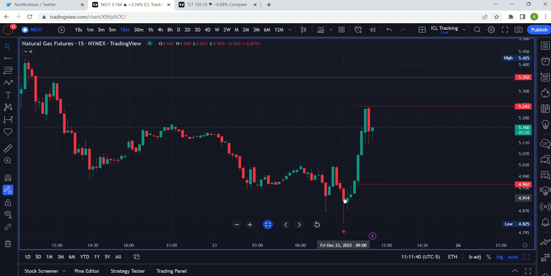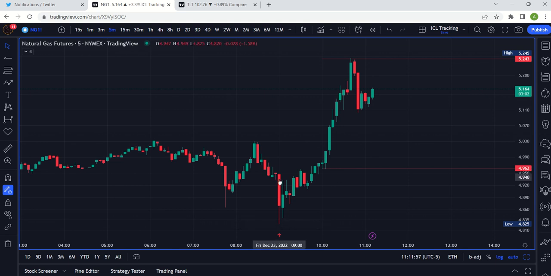I kind of say zooming into lower time frames is almost like a time machine, right? If you're going to get a bullish outcome on an hourly chart, it has to happen on the 15-minute chart first. And it has to happen on the 5-minute chart before that. Again, see, this is the 5-minute swing low that created that 15-minute swing low. And the high here is the same, $5.95. So this big 5-minute candle is really kind of dominating that 15-minute range.